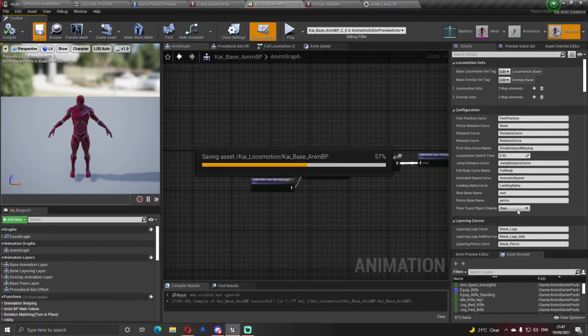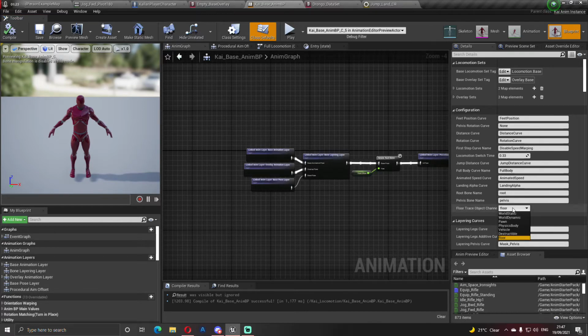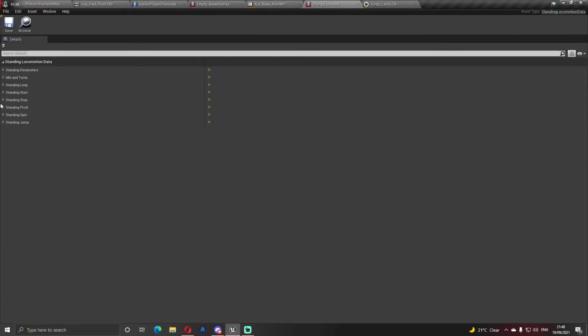This is the trace for the floor. You can just set this to world static and it will work fine as well. Okay, so there is overlay and there is state locomotion. So locomotion,